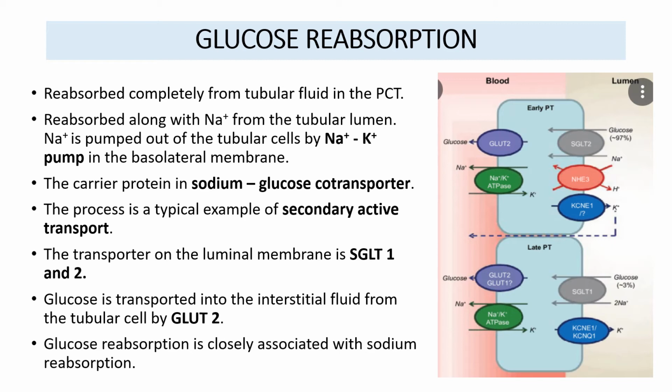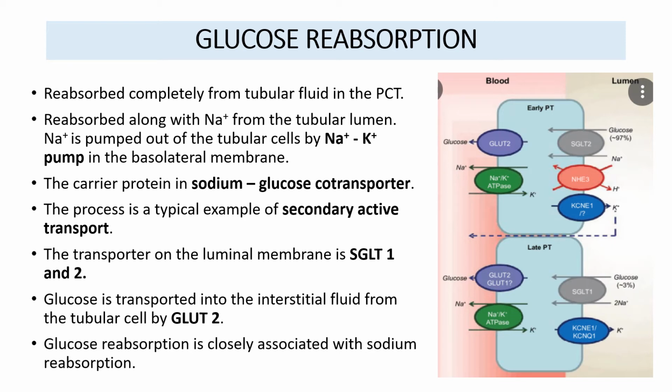Now the sodium is pumped out of the tubular cells by the sodium-potassium pump in the basolateral membrane, but in the luminal membrane, the sodium and the glucose are transported via a carrier protein known as sodium glucose cotransporter. See, this is the sodium glucose cotransporter. The process is a typical example of secondary active transport. Why? Because